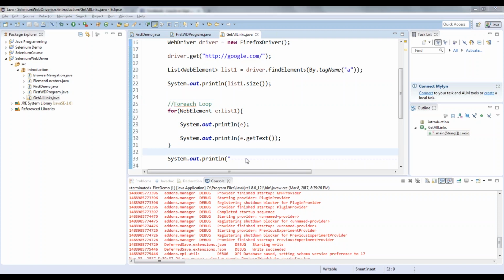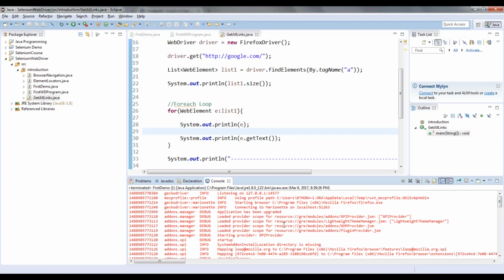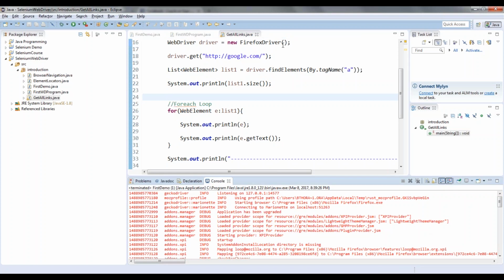One small doubt. Till yesterday, my Firefox was working. I executed it one hour before. It is showing unable to connect to 127 with this error. When you try to execute the program, that's what you are saying? Yes, this is the error I am getting. Firefox not connected exception.